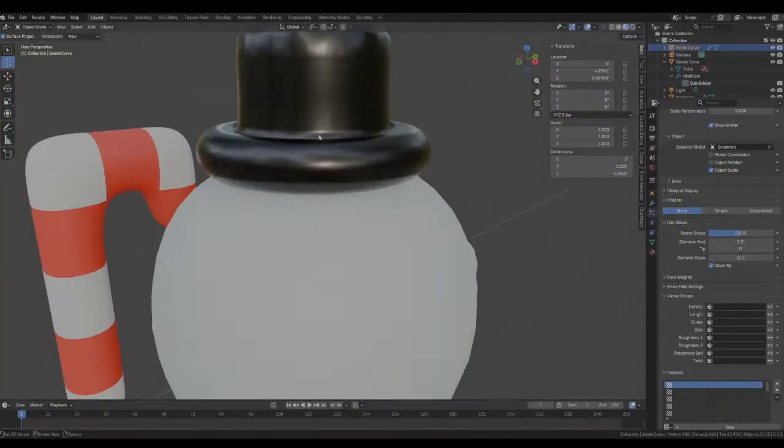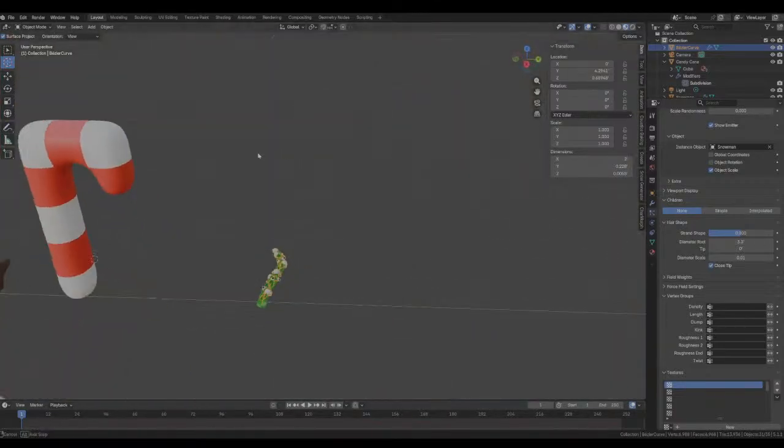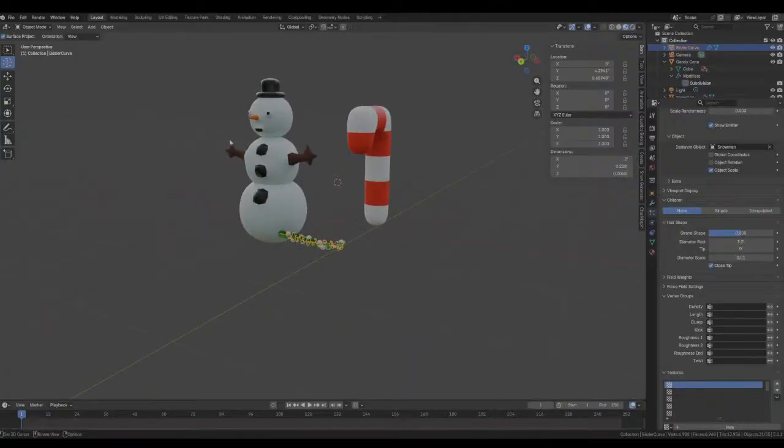Because a lot of times, if I get up early, like today, I got up at like 5 in the morning. So I've been up since 5. And so I had plenty of time to plan out what I was gonna do. I knew that I was going to make Christmas decorations in Blender and use them as assets. And so now I'm able to do that. And there's a lot of cool things that you're gonna see.